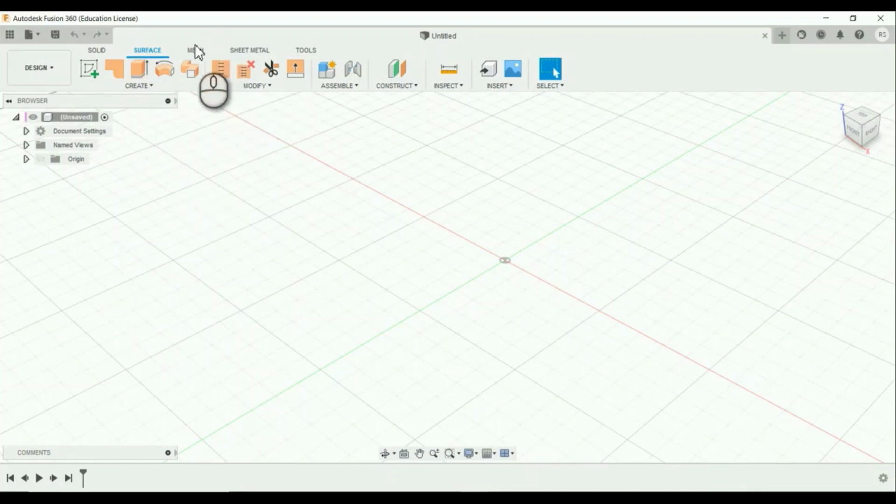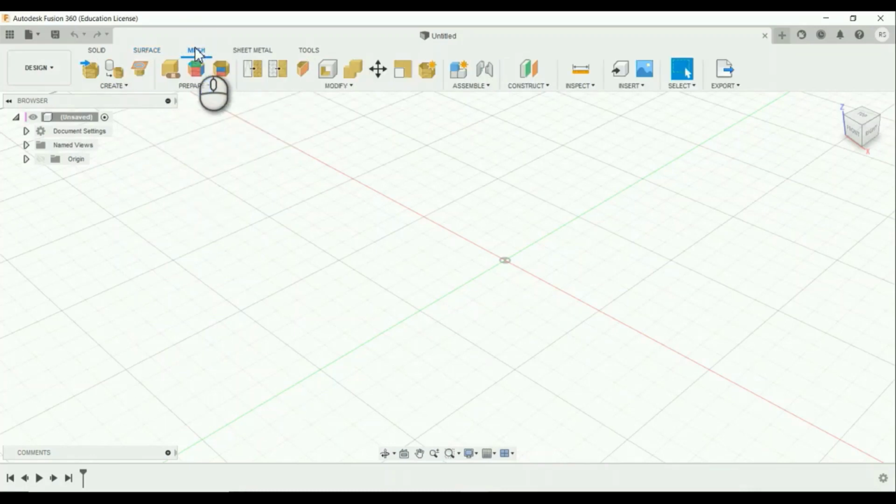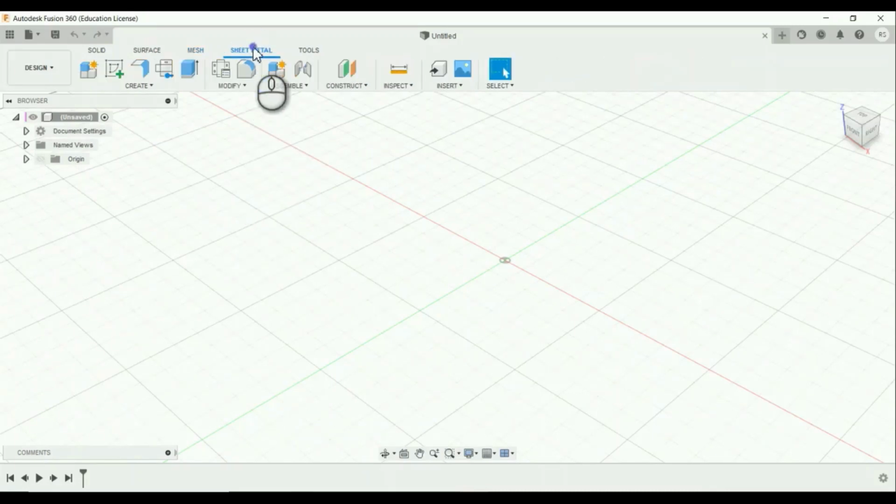After that, the another tab is Mesh tab. In this tab, you can create and modify parametric mesh bodies. A mesh body is a collection of polygon faces composed of vertices and edges. And the another tab is Sheet Metal tab. In this tab, you can create and modify sheet metal components using sheet metal rules.